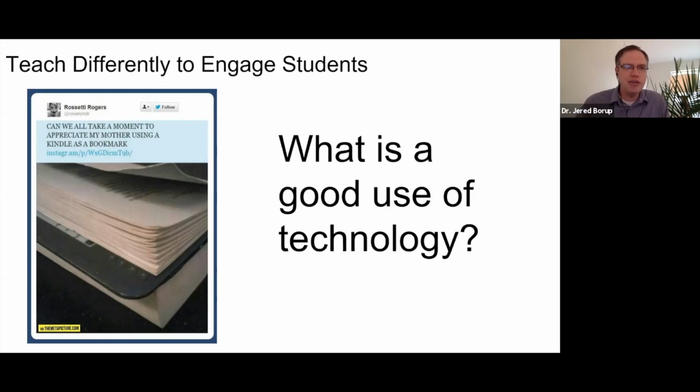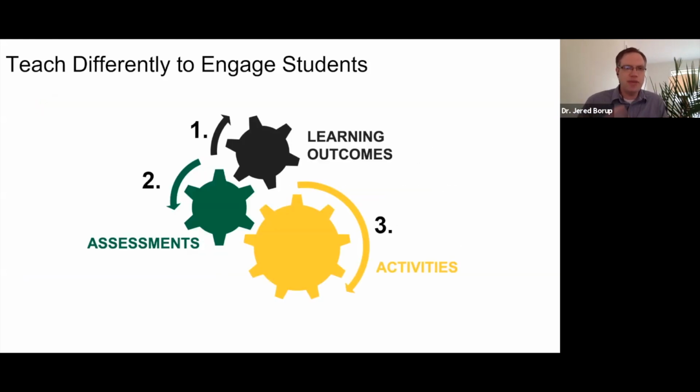So on the next slide, we see what a course is made of. A course is made up of learning objectives. Those don't really change very much. But then we also have assessments and activities, and those can change, especially if you're moving from an in-person environment to an online environment. Those should change. You should think differently about those things. So we see in the next slide